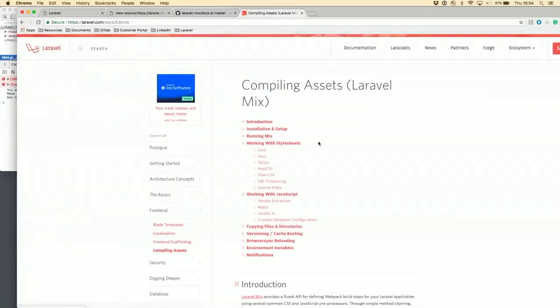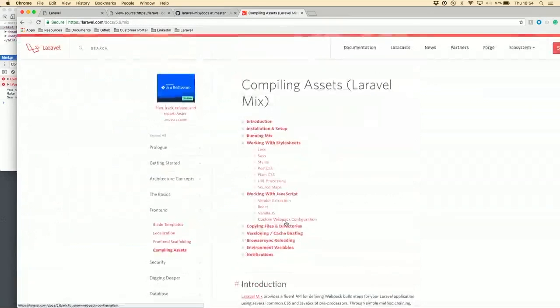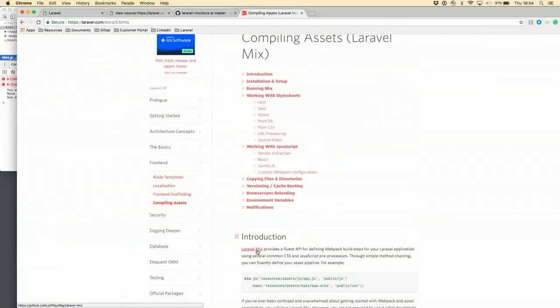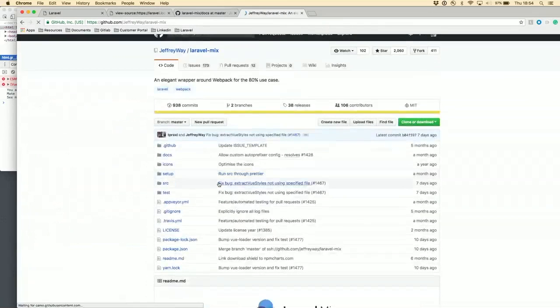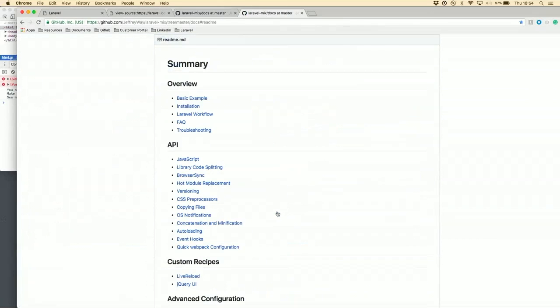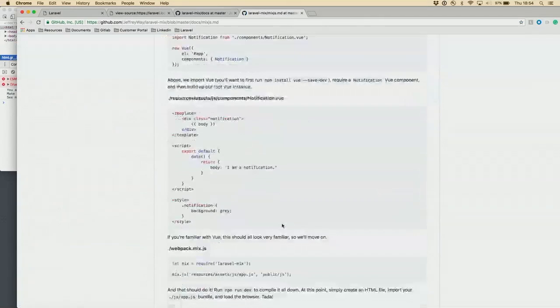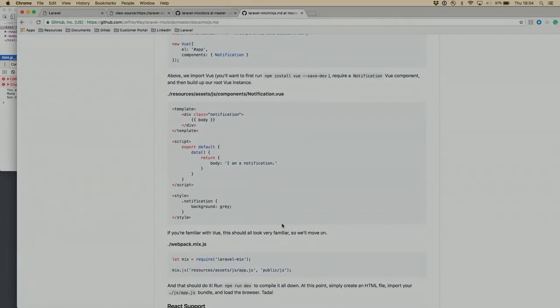So here's the documentation on Laravel. It's relatively in-depth, but if you want some more in-depth information, right here on the top it says Laravel Mix. You can click on that and it will take you there. And if you want to go into the docs itself on GitHub, it will take you to this, which is quite a bit more in-depth as well. If you just look at the JavaScript section, that'll give you quite a bit of background if you want to learn more about what makes